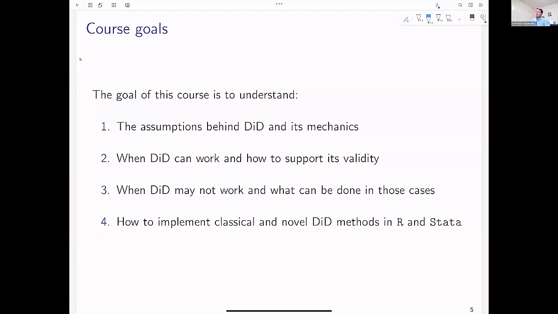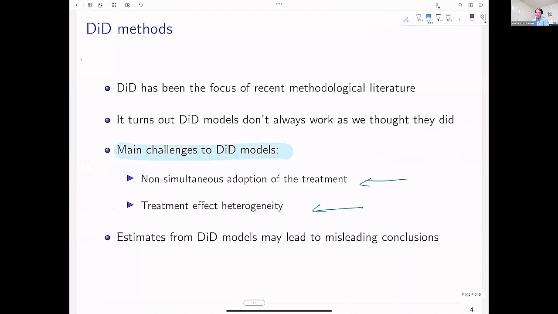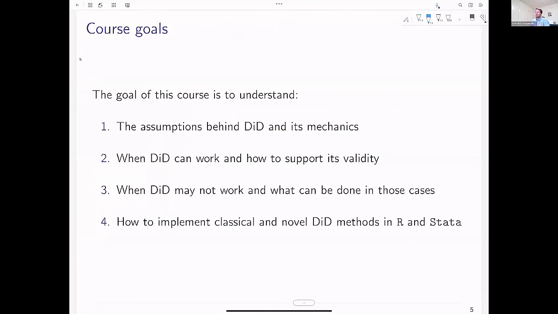Okay, so that will be the second goal of this course. Number 3, like I just said, there are cases in which diff-in-diff may not work, and so we want to understand what those cases are, and then in that case, what can be done. Okay, so if we run into this issue, maybe where we have a setup with staggered adoption of the treatment and effects heterogeneity, and we suspect that diff-in-diff may not work well, should we just not work on that project, or is there anything we can do? And of course, the answer is yes, there's a lot of stuff that you can do, and we will